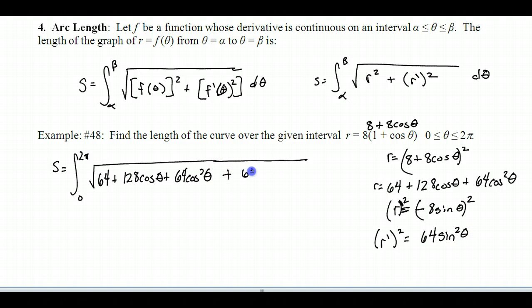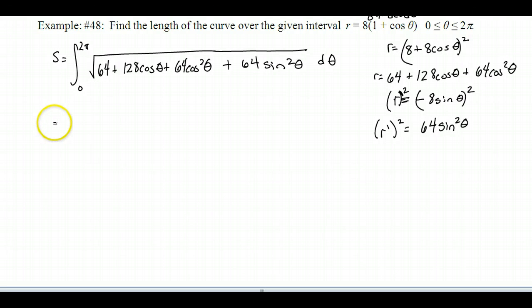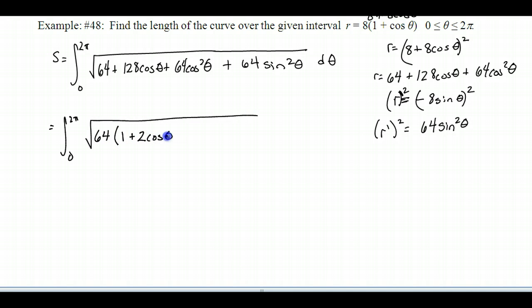So we're adding to this 64 sine squared theta d theta. We can factor a 64 out of all of our terms. Doing that, we have 64 times 1 plus 2 cosine theta plus cosine squared theta plus sine squared theta